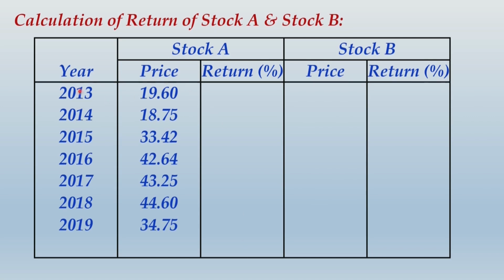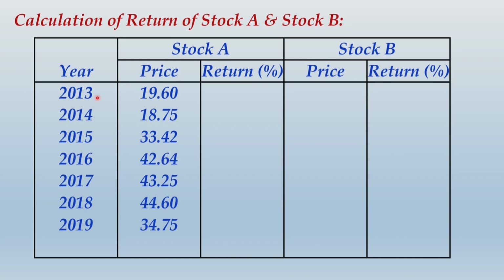However, if you compare year 2013 and year 2014, we will consider 2013 as the base year. That means 19.60 will be considered as P0 and 18.75 will be considered as P1, and that rate of return will actually be the rate of return for 2014. To compute the rate of return for 2013, you need the price that would have prevailed at the end of 2012,